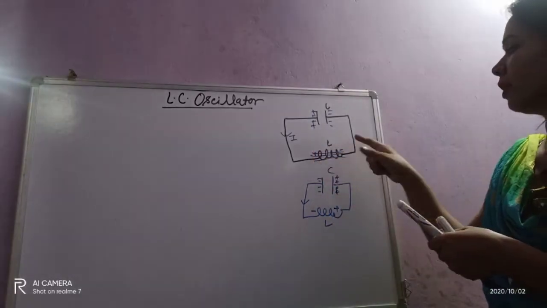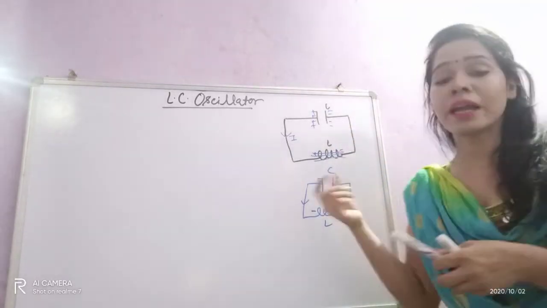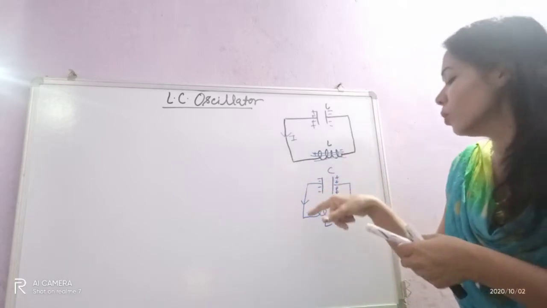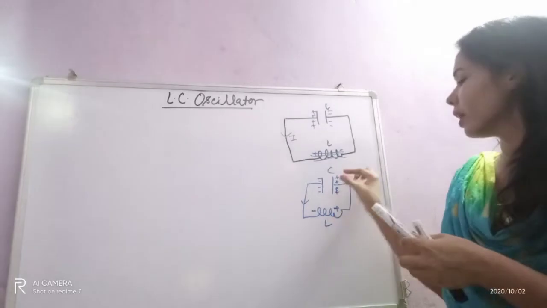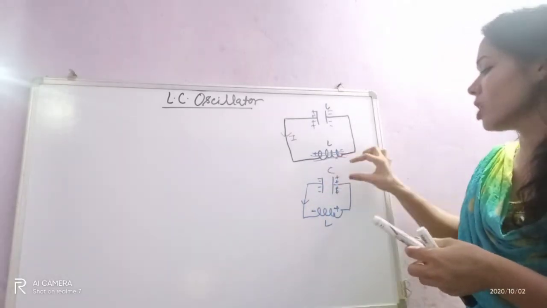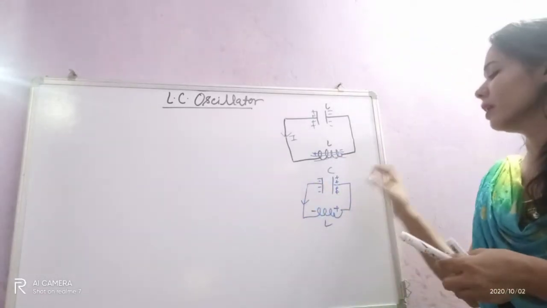Earlier it was positive and negative, meaning it was opposing the current, but now since the current is dying, meaning it is going to finish, the inductor is supporting the current. To support the current, it brings electrons from this plate to this plate, so that this plate is negatively charged and now this one is positively charged, and it is supporting the flow of current in this direction.